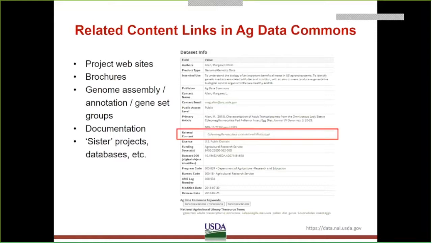And then we have related content links, which would be to a resource that provides additional context to the data set, for example, a project website or data documentation, in this case, an NCBI bioproject data description.